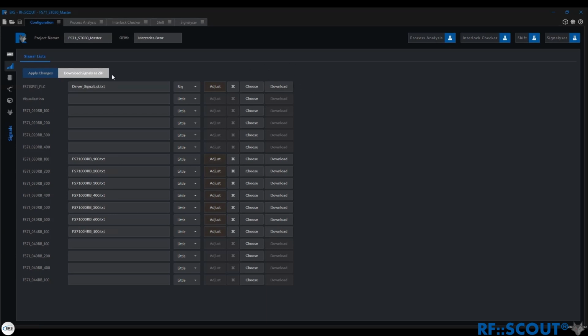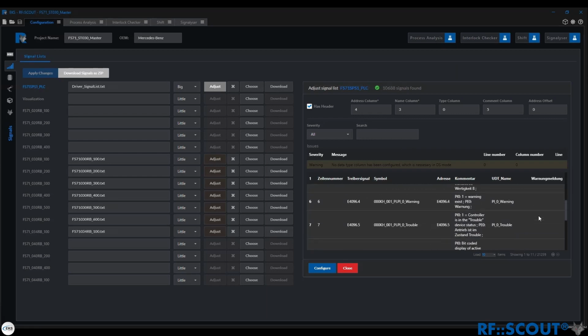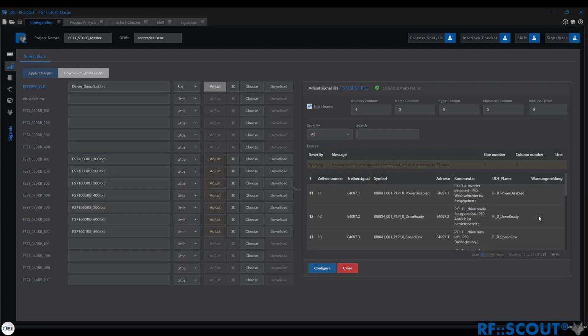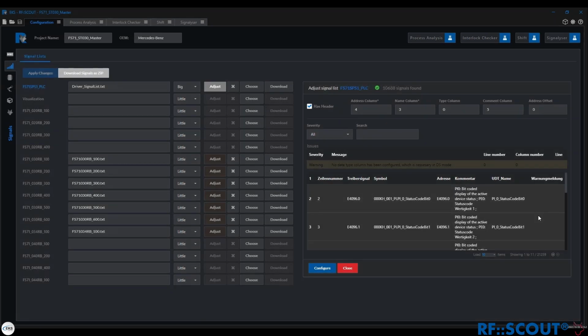Additional buttons for downloading the data have been integrated into the signal list tab, both for the individual and for the collective download. In addition, it is now possible to view the entire signal list, search it, or filter for specific things. In this context, we have implemented other small features.